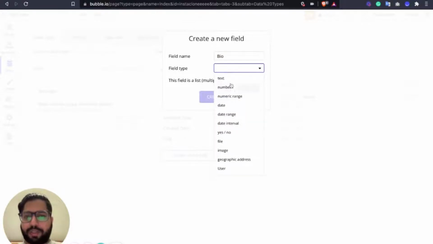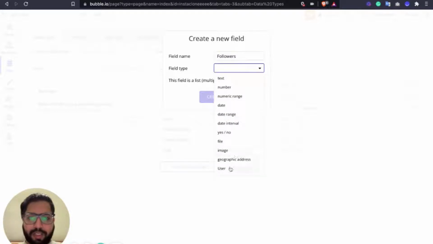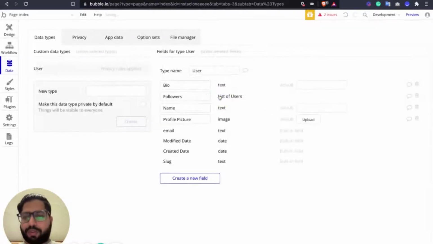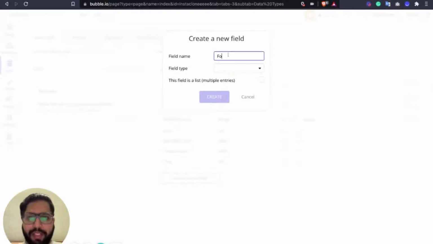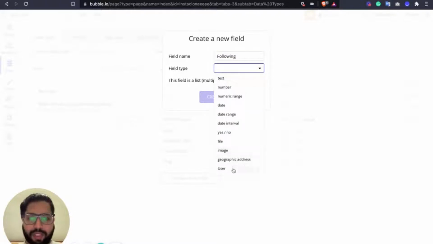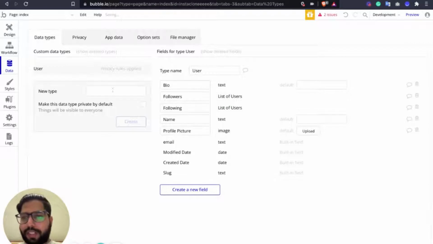The user will have their own bio just like in Instagram, and then followers, which will be a list of users. So all the people who follow you will be added as a list of users in your follower list. And then following, how many users you are following, so you also need to give it as user, and this will be a list of users. So perfect. And after this, we're going to have two more databases.